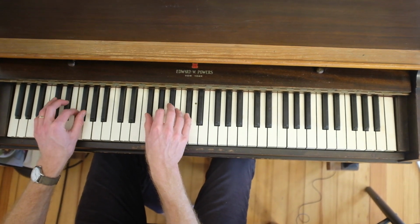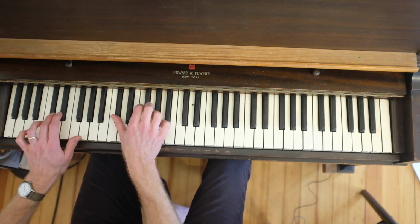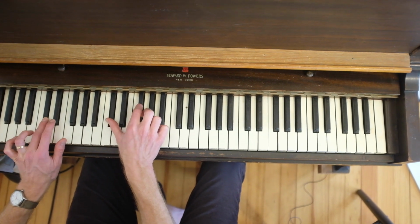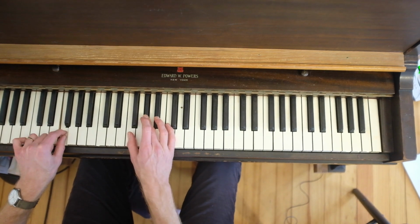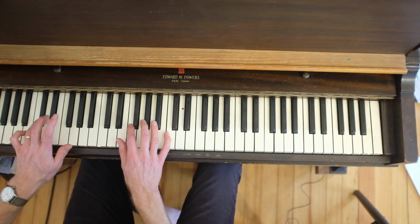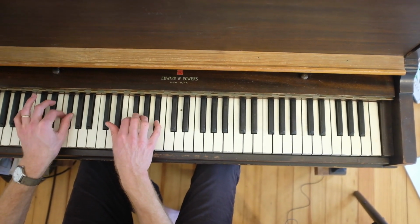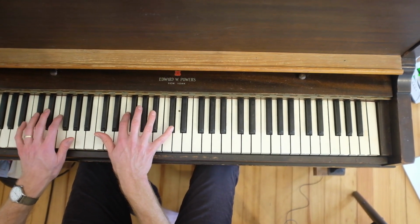Now then you could either go, which is F, D flat, E flat, G flat, G flat, E flat, A flat, F, and then G flat and B flat, while the left hand marches D flat, E flat, F, G flat. You can also do that same thing with this on top every time. So it's like,